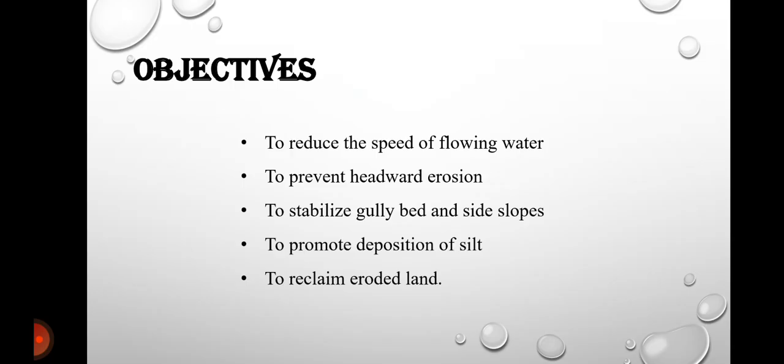So now let's move on to the objectives of the gully control structure. To reduce the speed of the flowing water, to prevent the headward erosion, and to stabilize the gully bed and side slopes, to promote the deposition of silt, to reclaim the eroded land, to control the soil erosion caused by flowing runoff water, to reduce the velocity of water flowing through gullies, to prevent further deepening and widening of gullies, to trap and retain the sediments carried by the runoff,